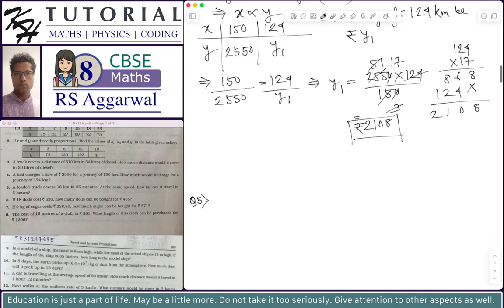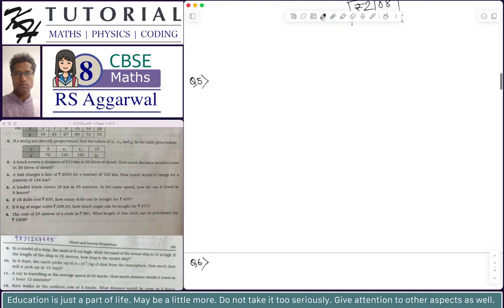Okay, let's solve question number 5. A loaded truck covers 16 kilometers in 25 minutes. At the same speed, how far can it travel in 5 hours? Okay, so now this is a case of speed, time and distance. When a vehicle travels at the same speed, then the distance covered and the time taken are in direct variation. So we can consider the quantity x to be